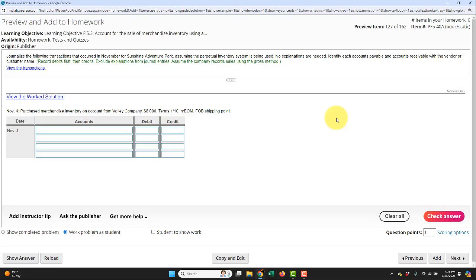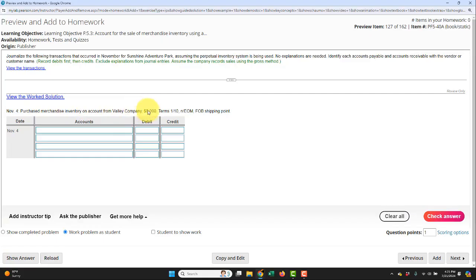So in this practice problem, we're going to do a bunch of merchandise purchase and sale transactions. So you'll get some practice switching modes between when you're the purchaser of inventory versus when you're selling inventory. So in this first transaction, we see that on November 4th, we're purchasing merchandise inventory on account from our vendor,